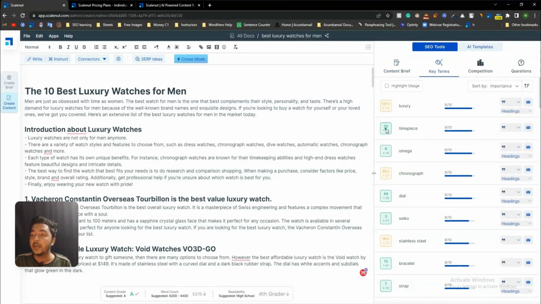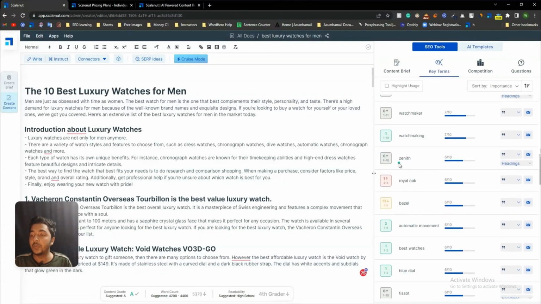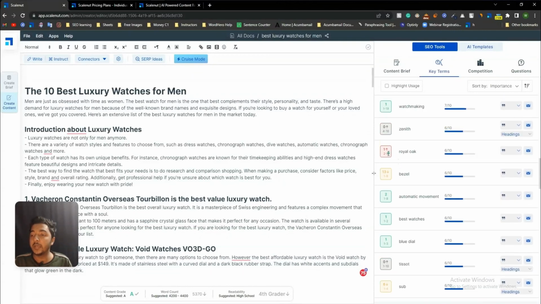See here, blue color means it's okay. That means you do not have to do anything with that anymore. But here, if you see the yellow color, that means you need to add some more time basically. I hope you get the idea. Here, if you see the red color, then you have used it more than you need, so you need to